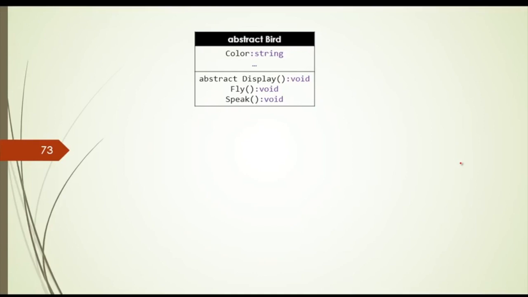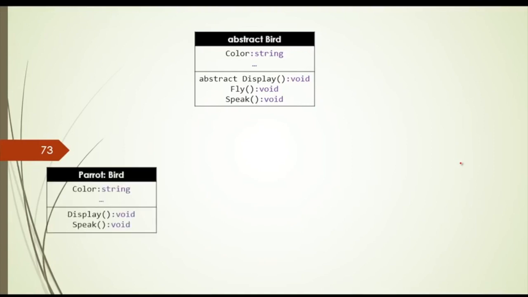The display method should be unique for every bird, that is how they display. And the fly method should be void, and it will print that they are flying or not flying. And speak method should be how they are speaking. That's it. So we're really interested in the display method, but let's see how the design goes.